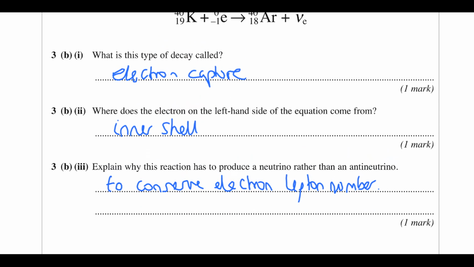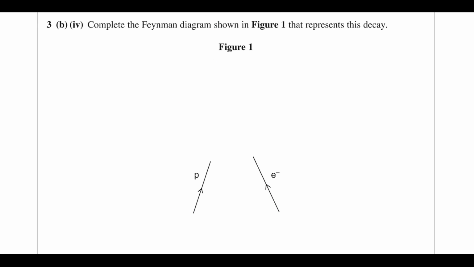Alrighty, so then let's finish off this. Okay, so to finish off, it wants us to complete a Feynman diagram showing this decay. So we've got a proton turning into a neutron there, and we've got an electron neutrino being produced as part of the leptons. So we've got a positive charge being carried from left to right, so we've got a W plus boson going from left to right. Theoretically, you could also have drawn it a W minus going to the left, but conventionally you show it going from baryons to leptons, which is why you can see what I've done there.